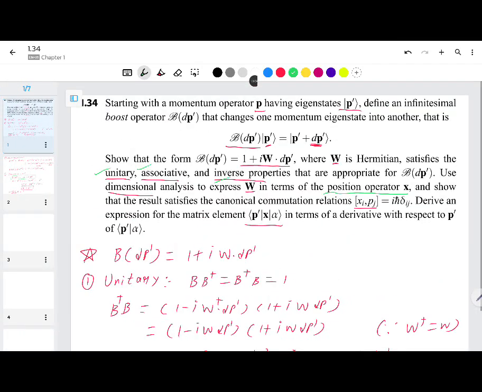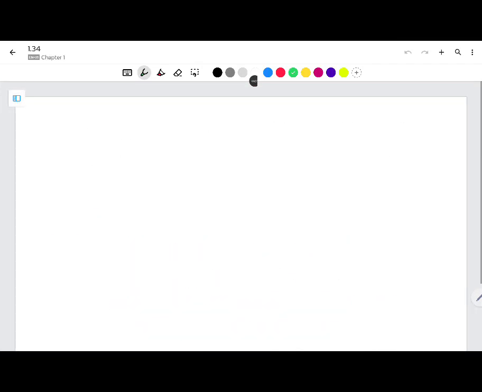Okay, so since B is 1 plus i W dp prime, W must have dimensions of inverse of the momentum,